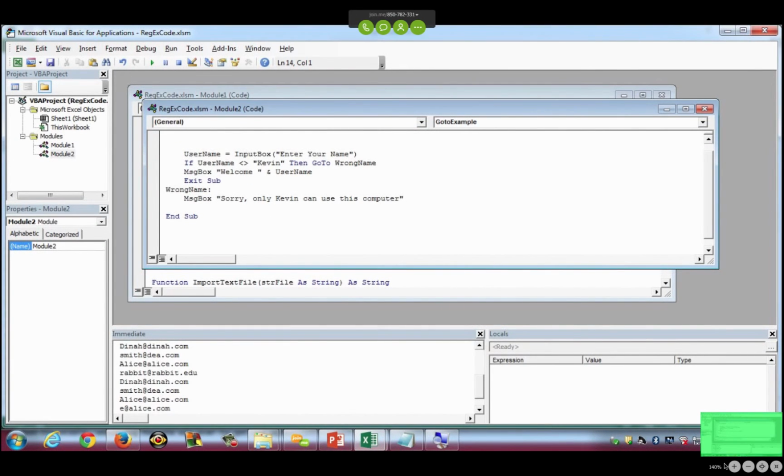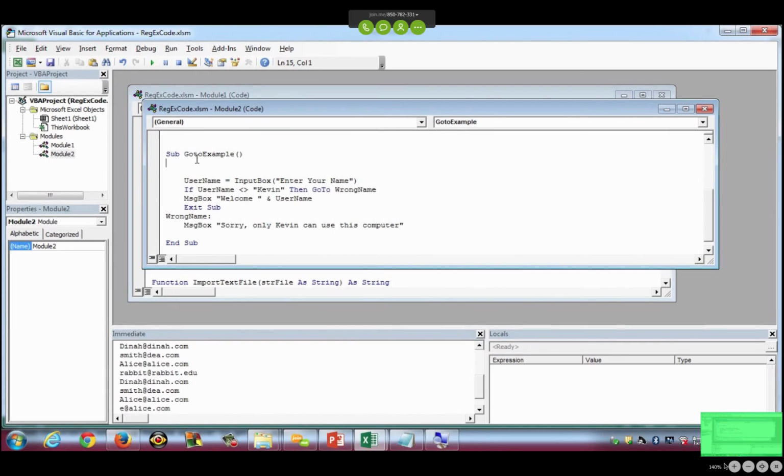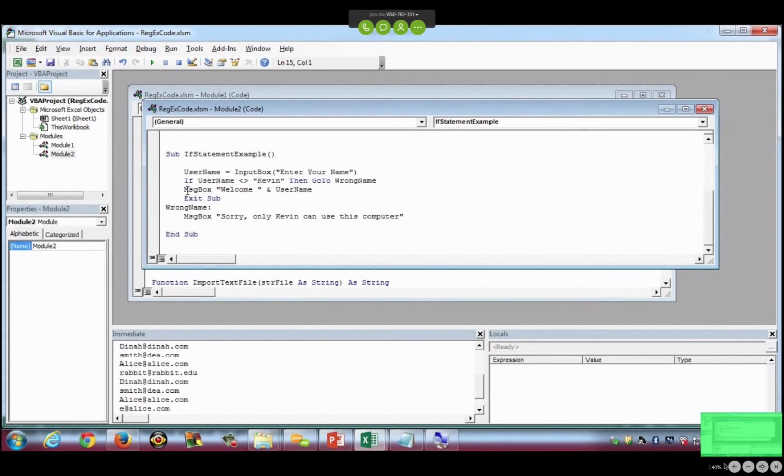So we know go to. All right, so if statements, we have one right here. You can write if statements on a single line. I could do this. Let me save this one. I'll send all of this to you guys. If statement example. So I could do a really long if statement. I could say if username is not Kevin, then